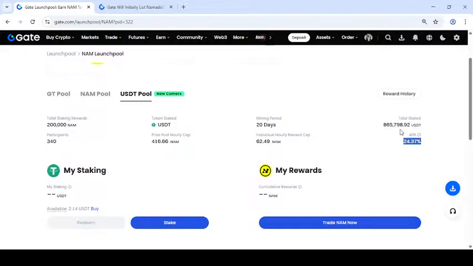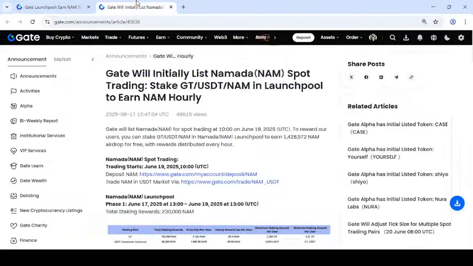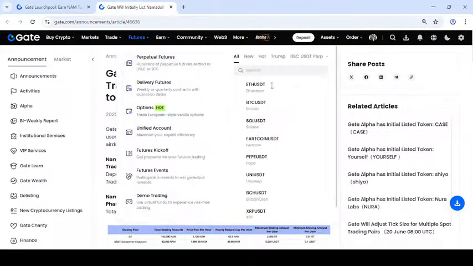My staking's USDT and my reward curriculum rewards name GateLive.